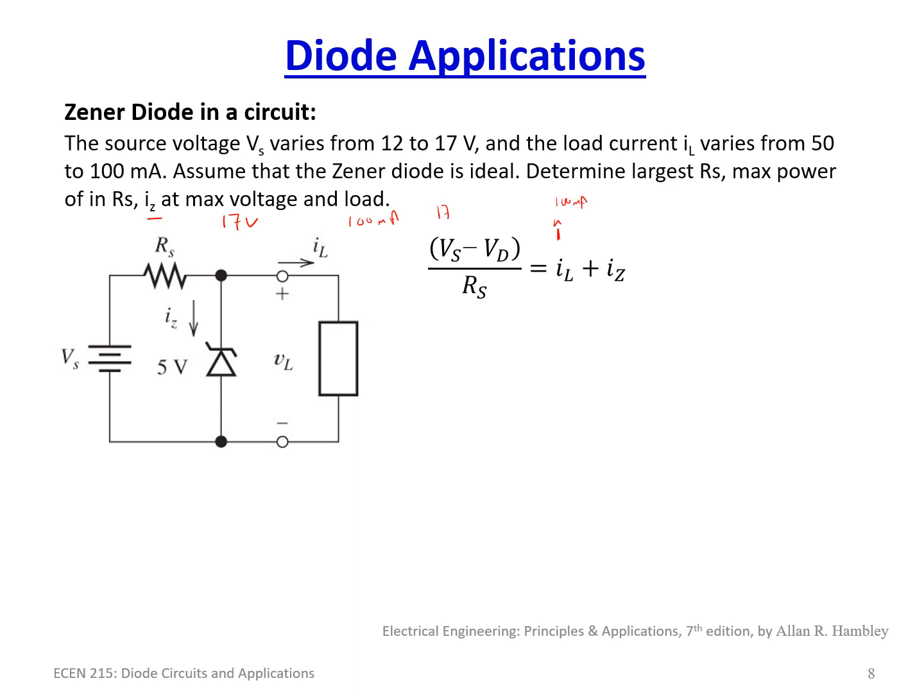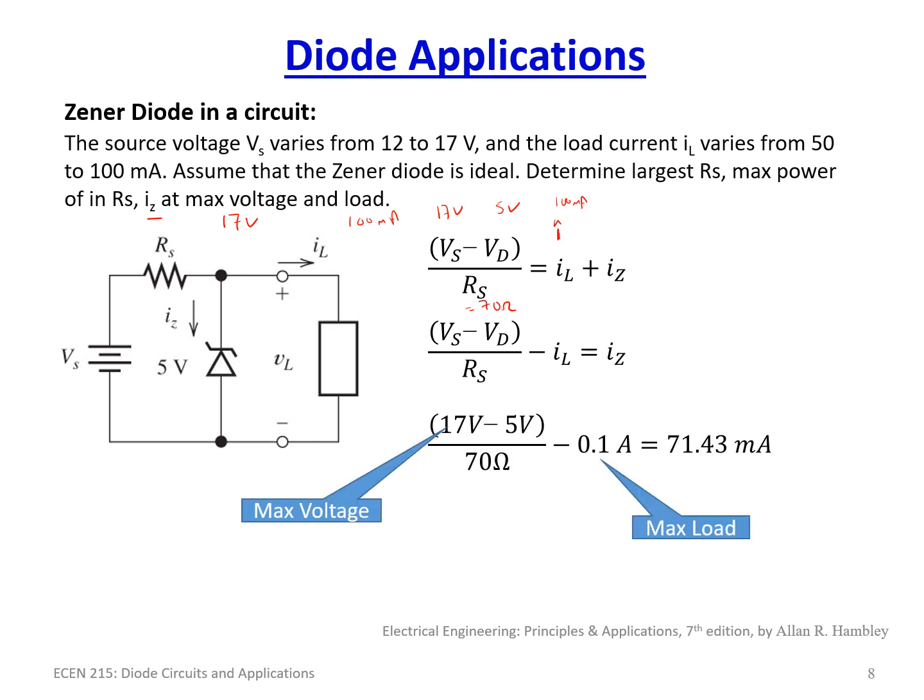VS, we know, is 17 volts. VD, we know, is 5 volts. And RS, we know, is equal to 70 ohms. So now we can back this out, and all we have to do is solve for IZ, which is simply subtracting from this first equation, just taking the IL off, and we end up with 17 volts minus 5 volts divided by 70 ohms minus 100 milliamps gives us